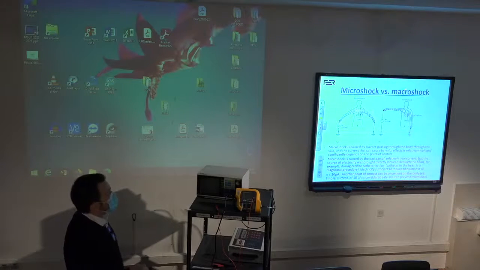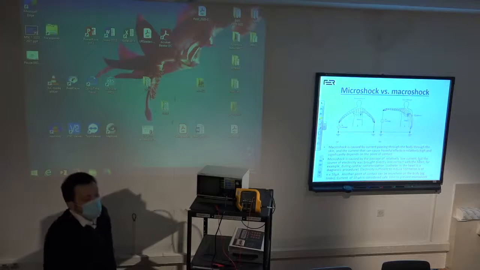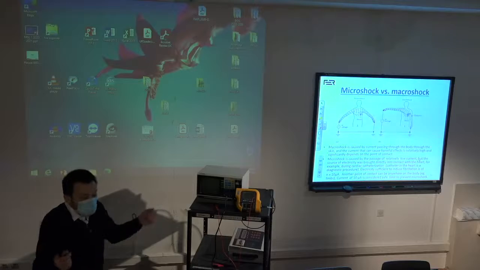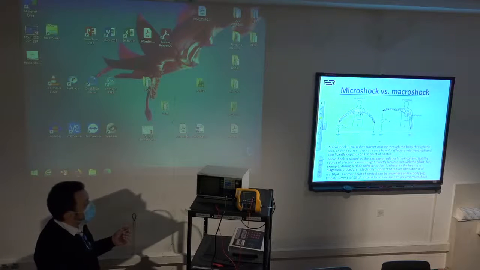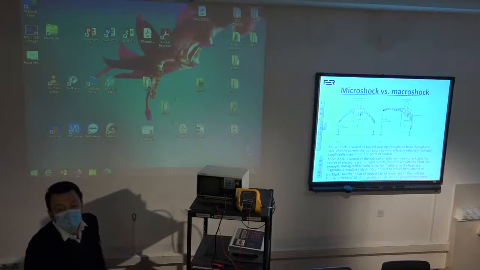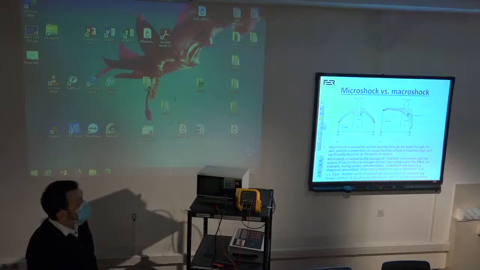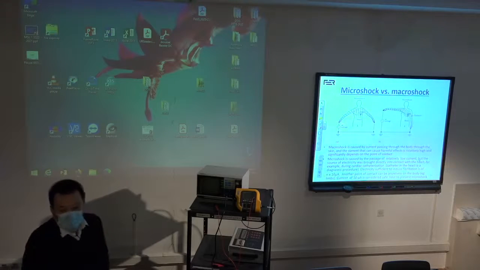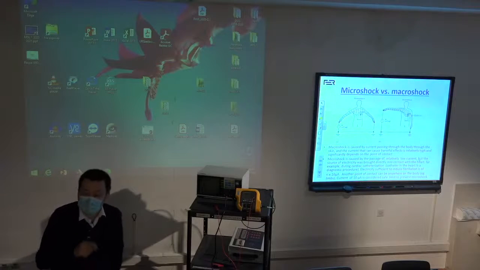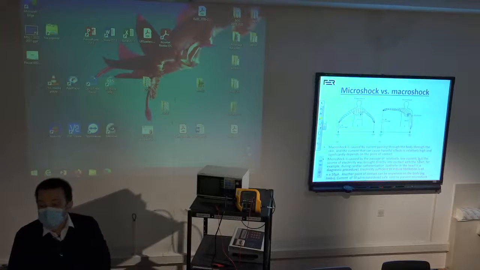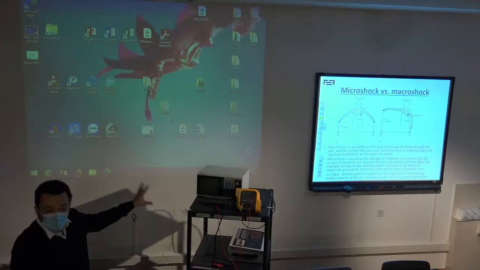When we have a micro shock, that means that a person has connected himself or herself into the circuit in such a way that the current flows through the heart. And this is a relatively rare case. The micro shocks are those that may happen due to the leakage currents about which we are going to talk today,